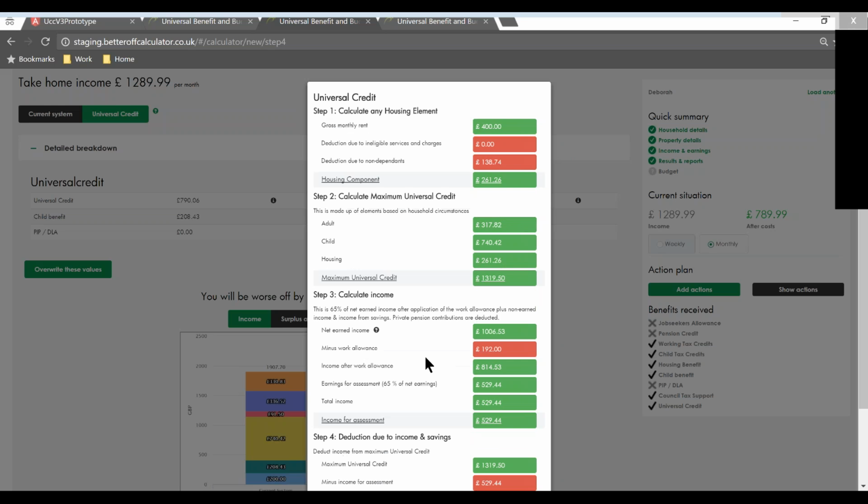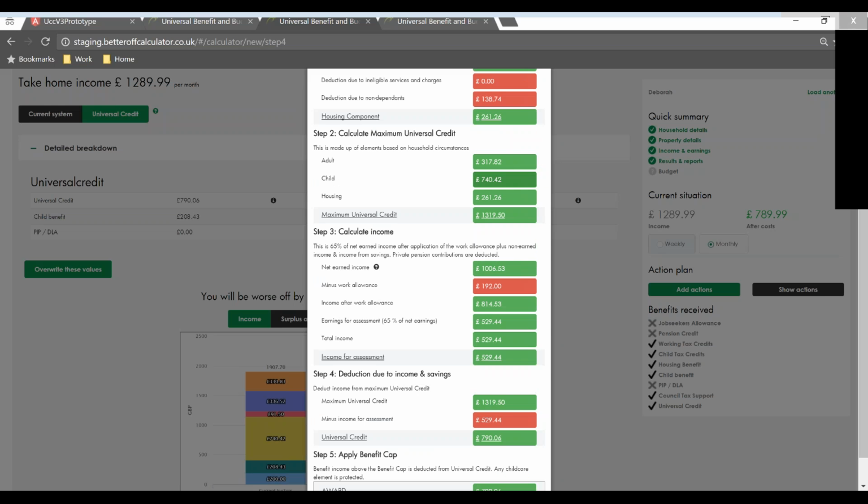The advisor looking at this can immediately see that there's a large non-dependent deduction, and that's because both of the non-dependents will now have to make a contribution under universal credit. But the eye's drawn to this, that the income is £1,006, but she knows that Deborah is only earning £200. You notice this question mark here? That means there's further information, so we can delve even deeper into this case. If we click here,